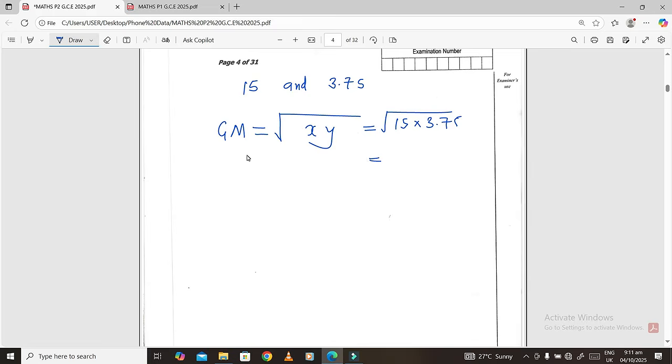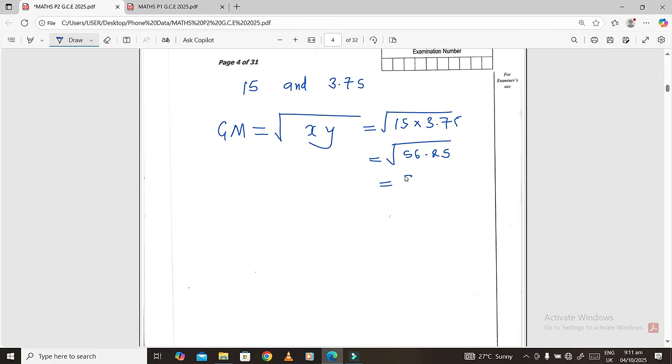So when we multiply 15 times 3.75, we are getting 56.25. And then finding the square root of 56.25, that will give us